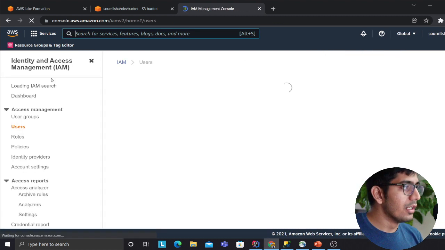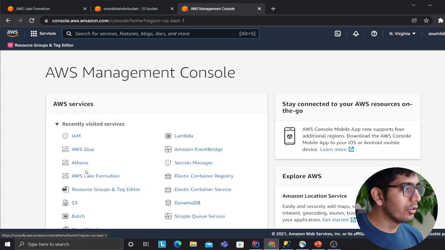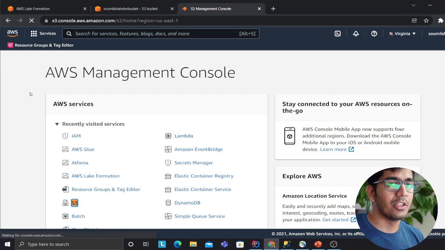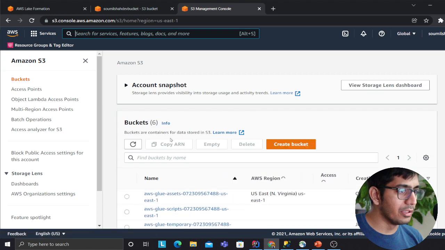Step 1 is done. Step 2, you need to create an AWS S3 folder. Now there is a format in which we need to create, or partition, the data in order for the Glue Crawler to understand those partitions. I'll show you what AWS recommends, but before that, let me just quickly show you.